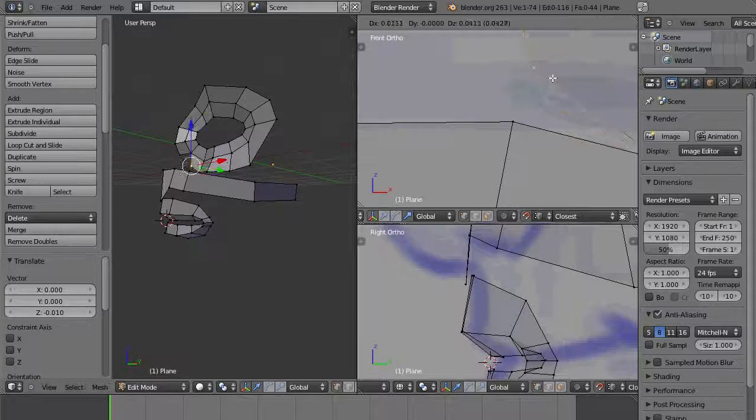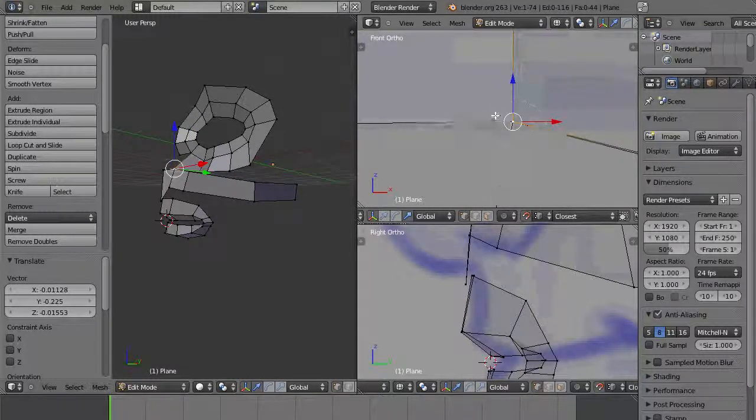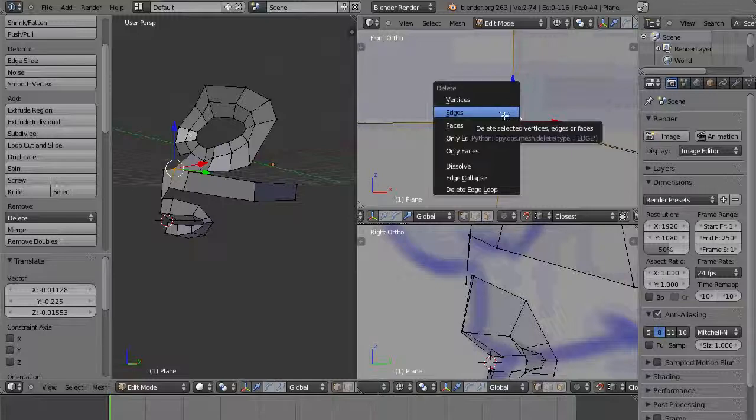Okay, set to vertex. It's snapped to this vertex. These vertices are snapped together, right? And you can tell that both of them are selected, right? Because these edges and those edges are both highlighted. And they're snapped together, so these two vertices are occupying the same 3-dimensional space. And you're able to tell that this is the case because they were snapped together. Now, what you can do is you can actually